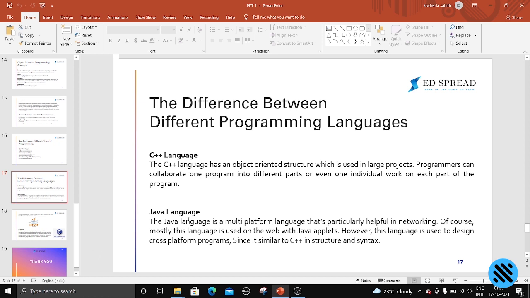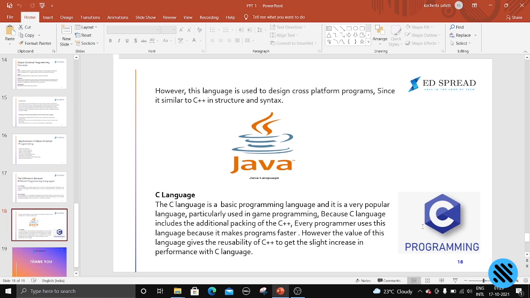And the next one is the Java language. Java is a multi-platform language that's particularly helpful in networking. In networking, Java is very useful. Java is also used for Android application development and web development as well. It is similar to C++ and C in syntax as well. So now let us see